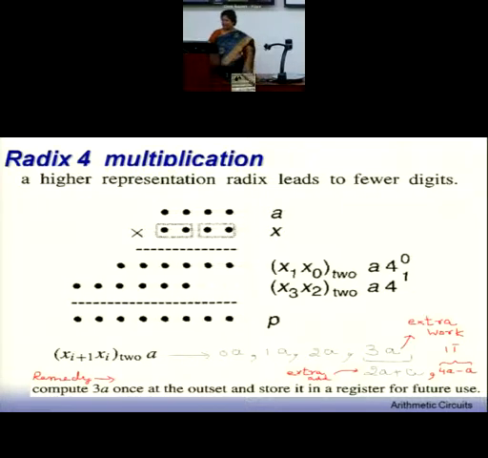So when you have 4 combinations, that means 4 multiples, that means radix 4. It is as if you have 4 digits: 0A, 1A, 2A, 3A, or 0, 1, 2, 3. Earlier you were multiplying only with 0 and 1. Now you are multiplying with either 0, 1, 2 or 3. So radix 4, the digit set is from 0 to 3. It is a radix 4 multiplication.